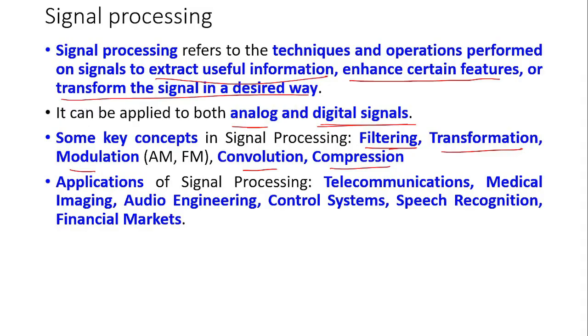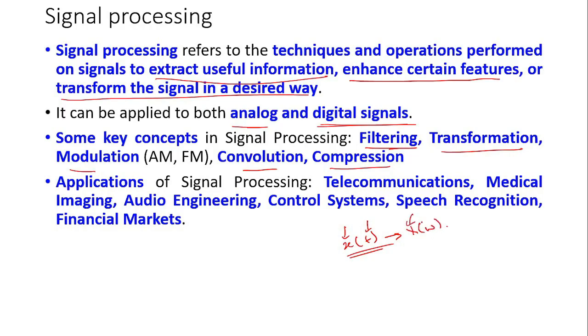Transformation means we have signals in the time domain, as we have already discussed. Say for example, we represent it with x of t, where x is the variable and t is the independent variable. So over the period of time, our information content, that means the x value, would be changing. Now, if we apply a Fourier transform over here, what will happen? We will get into the frequency domain and we will be getting x of omega.